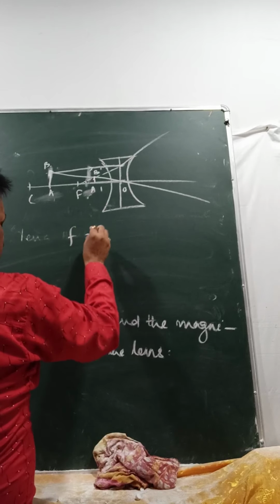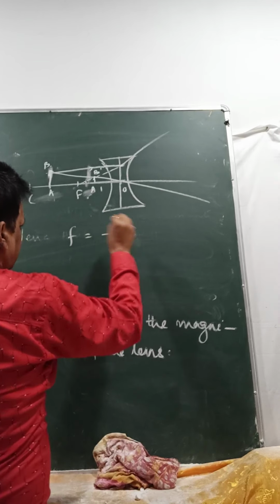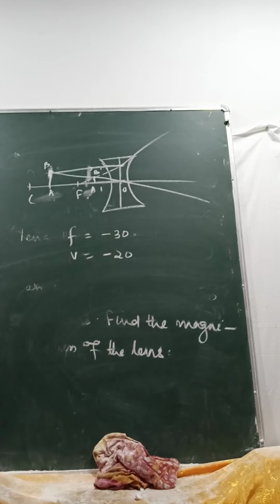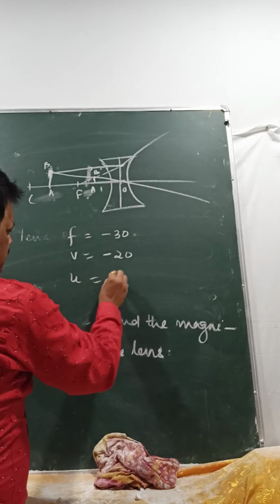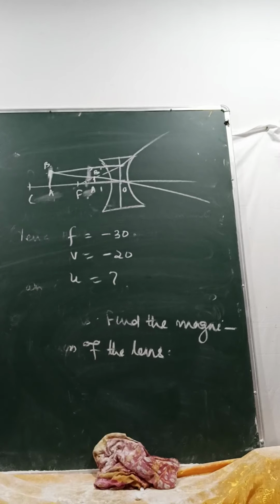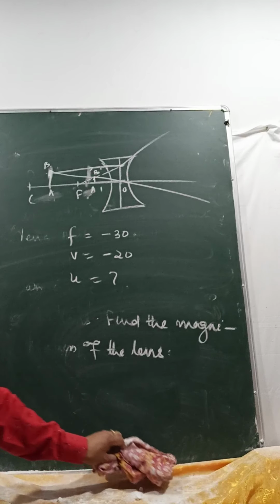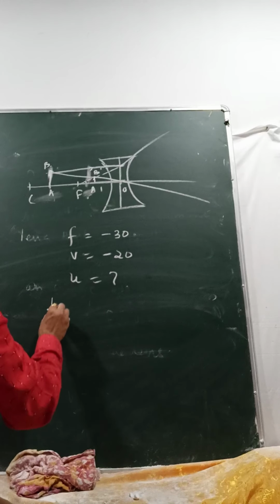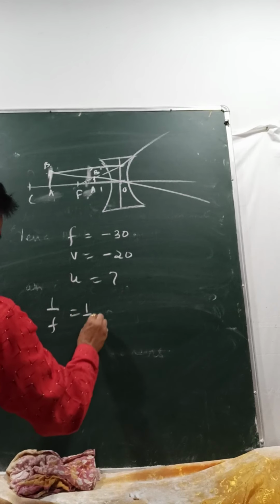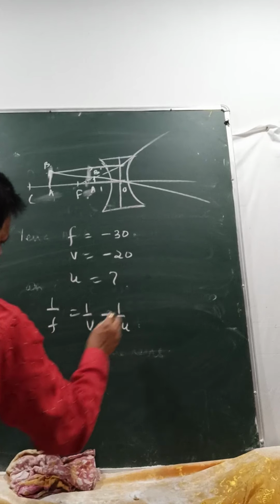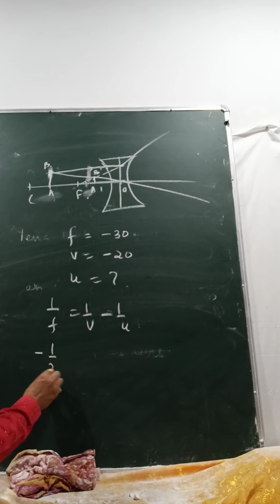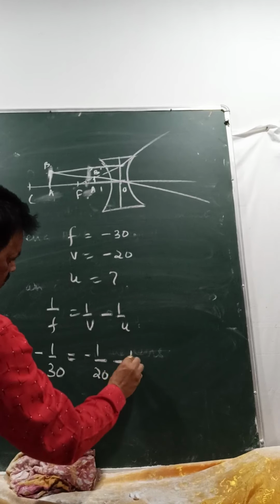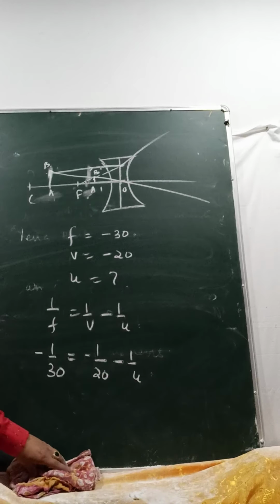F equals minus 30 and V equals minus 20. U is not given to us. Formula is same. 1 by F equals 1 by V minus 1 by U, so minus 1 by 30 equals minus 1 by 20 minus 1 by U. So to simplify it,